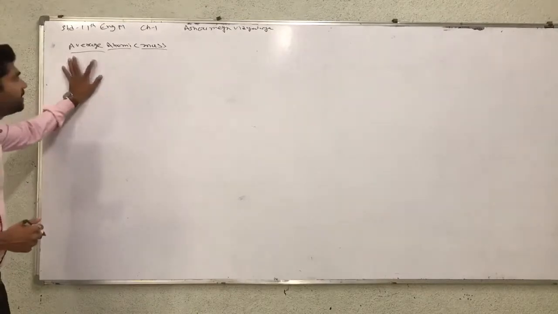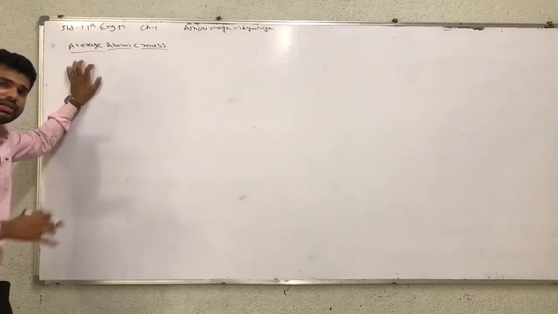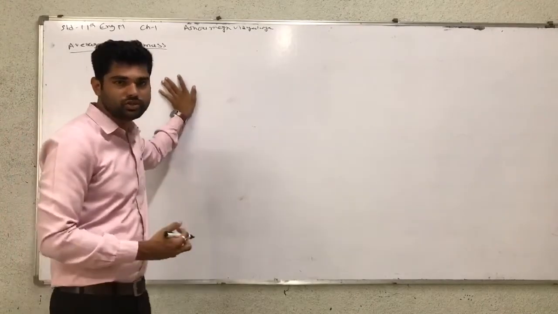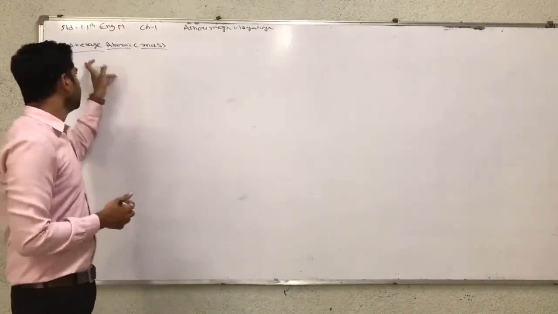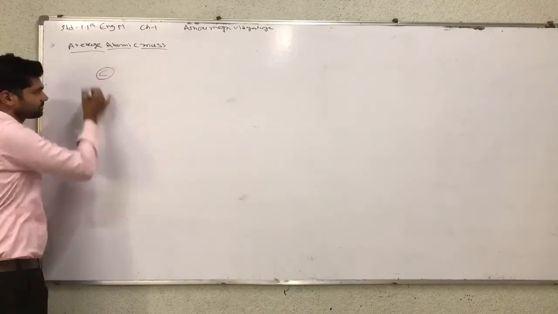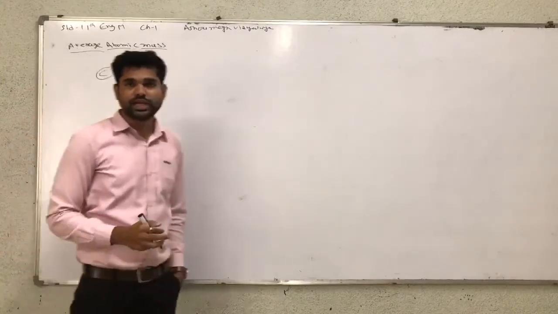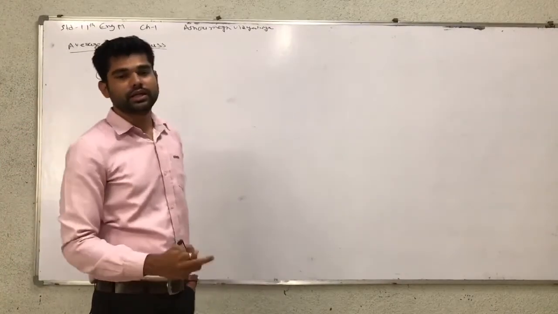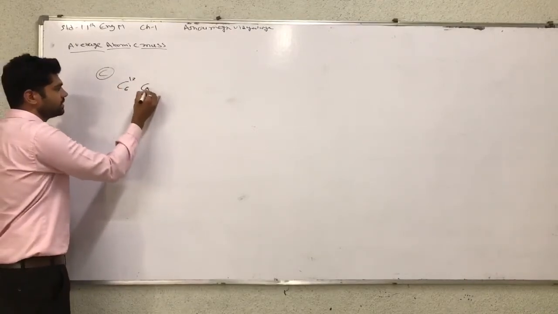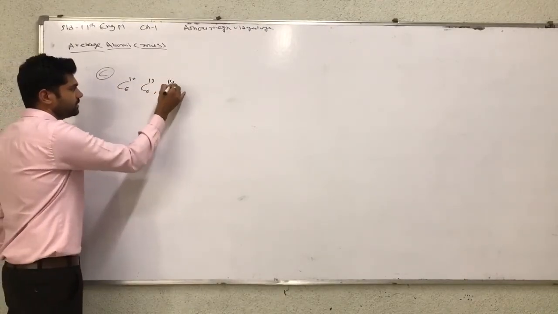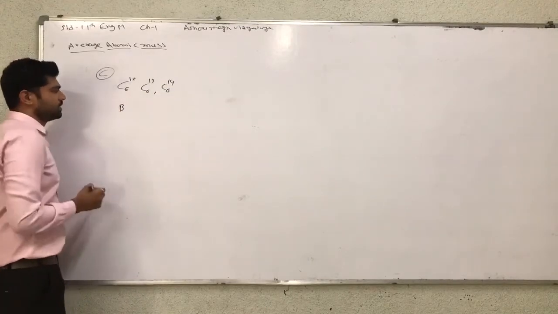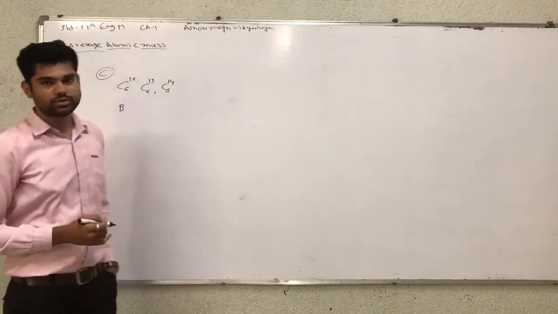Now, average atomic mass. So understand average atomic mass. First, atomic mass. Atomic mass means the addition of protons, neutrons and electrons, all types. Average, so understand, for example, carbon has 3 isotopes, 12, 13 and 14. So C-12, C-13 and C-14. In a similar way, boron also has 2